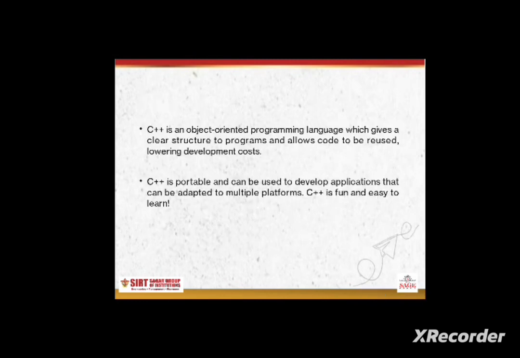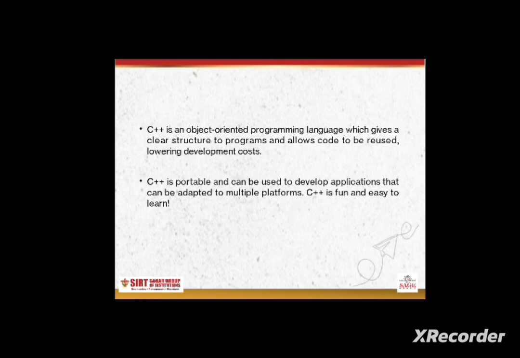Now, C++ is an object-oriented programming language. That means it uses all the concepts of object-oriented programming. Object-oriented programming consists of the concept of objects. An object is nothing but a real-world entity, just like a car. Car is an object, and the next concept is classes. A class is nothing but a collection of similar objects which have different characteristics and behavior.